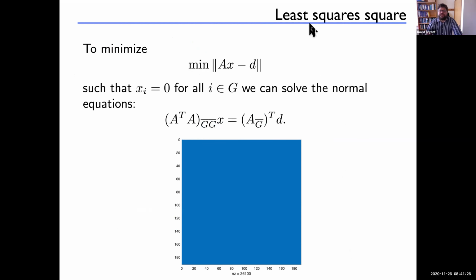Now, here's the least squares matrix that you'd solve in order to solve this problem. This is where you get the normal equation. And this notation here is just my dummy notation to say that the matrix restricts to indices not in G, like the ones that are active. And you can draw a picture of this matrix where you draw a little dot where there's a non-zero entry and a white dot where there's a zero entry. And you see immediately that this is a dense matrix, and numerically it doesn't give you much to work with.